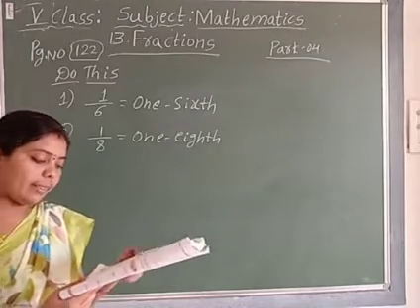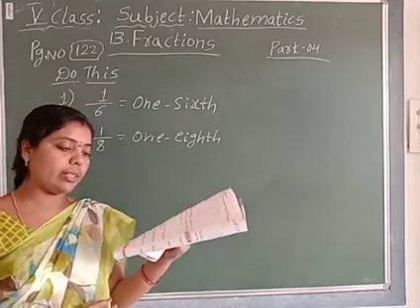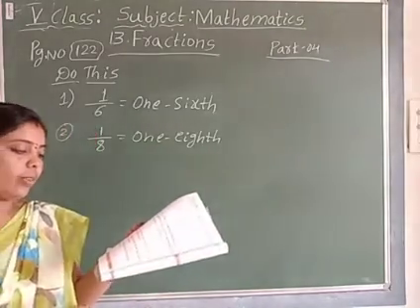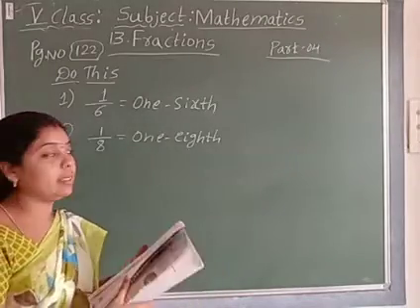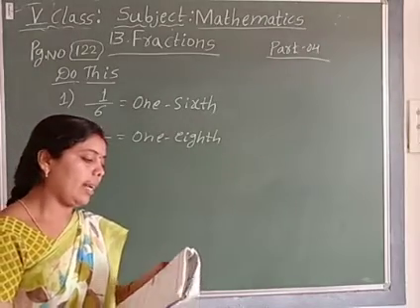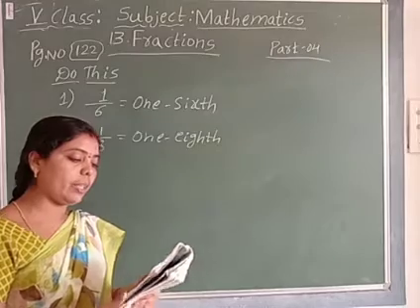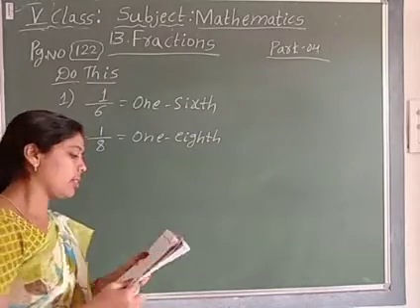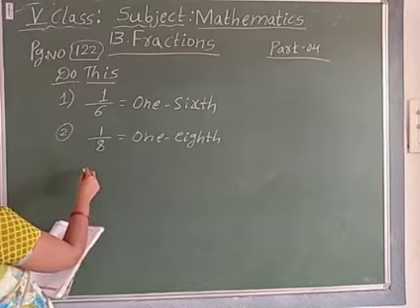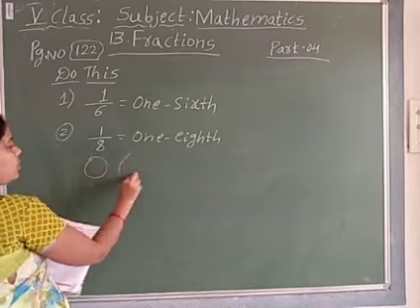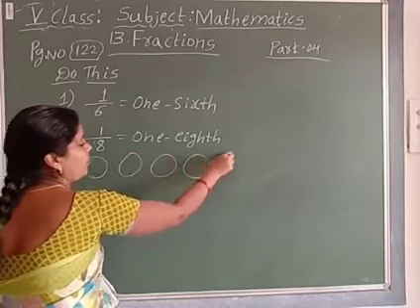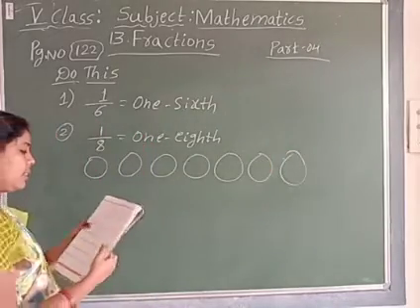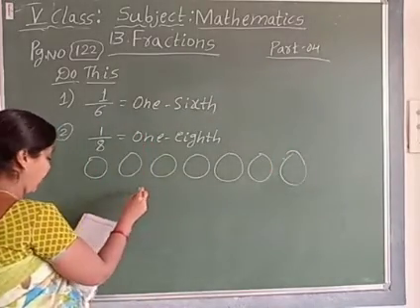Third one you will do. If one roti is divided among 10 people equally, then how much will each person get? Write in words and as a number. Same, like this only you will do. Next one, now divide 7 rotis among 3 people equally. 7 rotis. See here: 1, 2, 3, 4, 5, 6, 7. 7 rotis for 3 people.